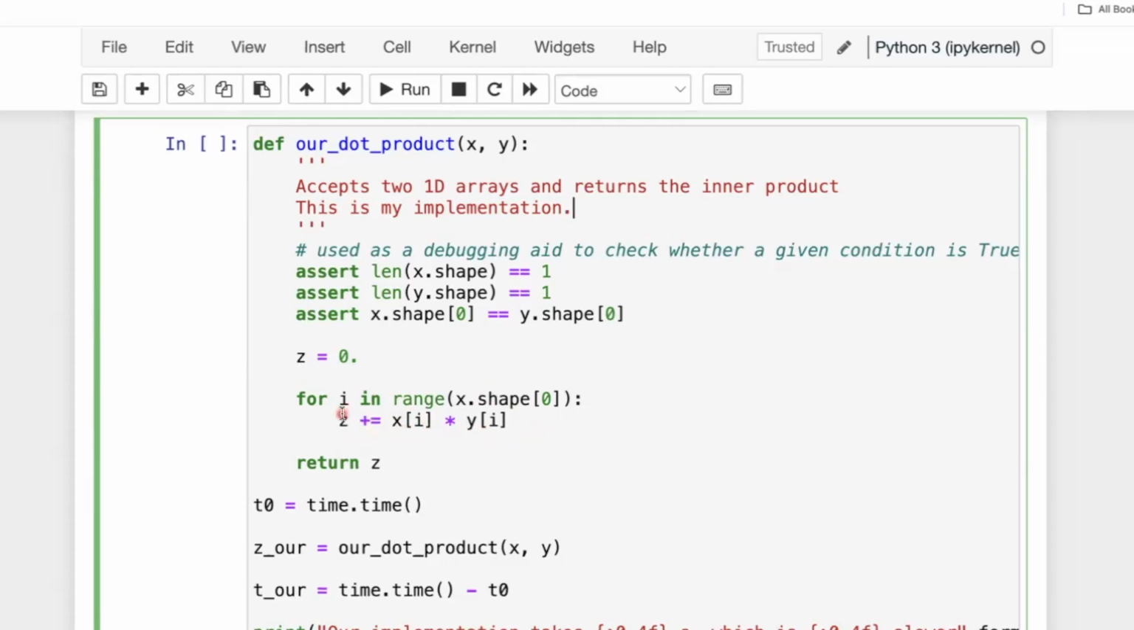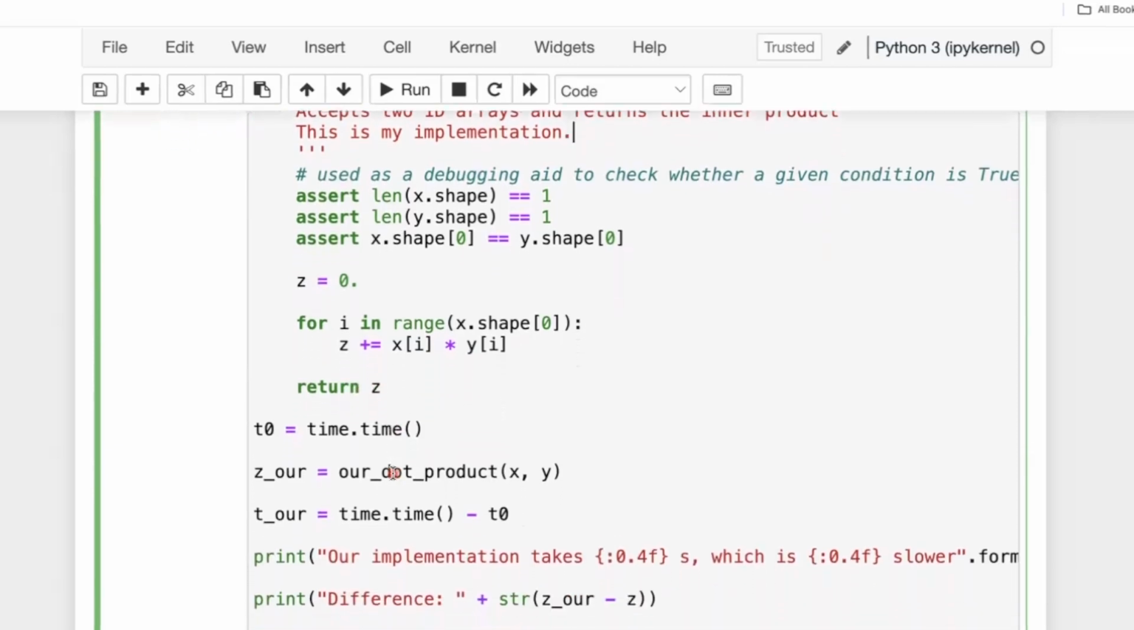That's exactly the definition of dot product or inner product, which is the sum of the product of corresponding elements. And do not forget to return the value of z. Similarly, we can now call our own function, pass these two input arguments, measure the elapsed time, and in this